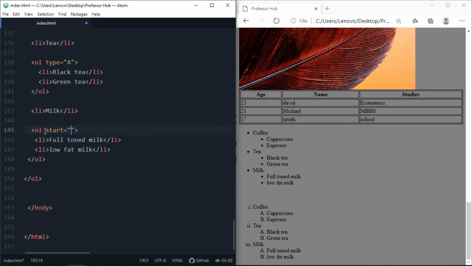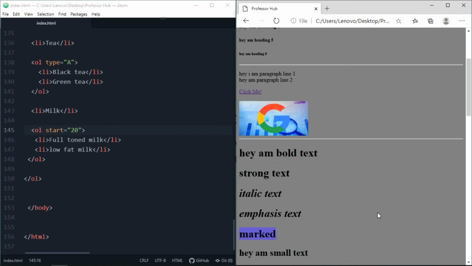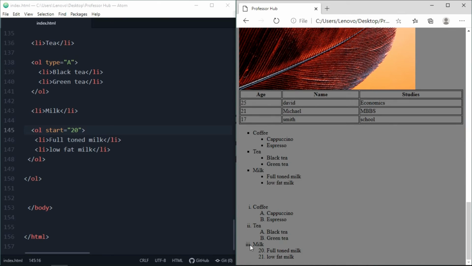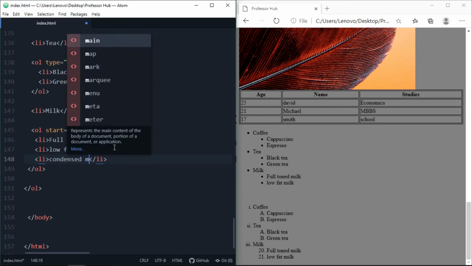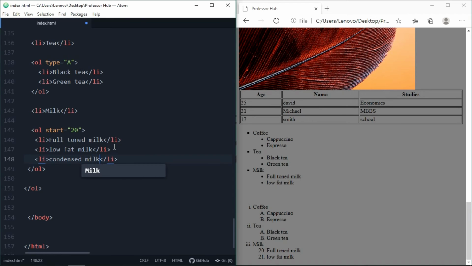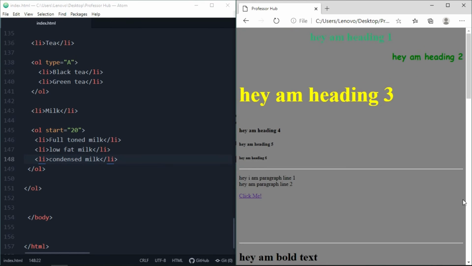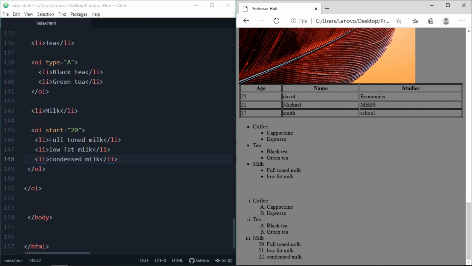We'll start from 20. So the numbers will start from 20, 21 and 22. And refresh it. 20 and 21, because we have only two LIs here in our milk section. So let's add another LI here. Let's make it condensed milk. Sounds tasty, right? And let's refresh it now. We got this condensed milk here.